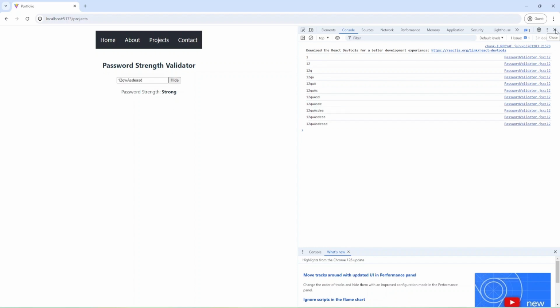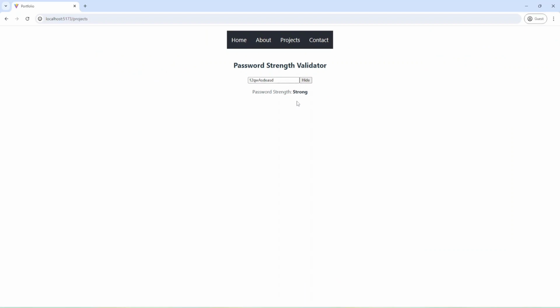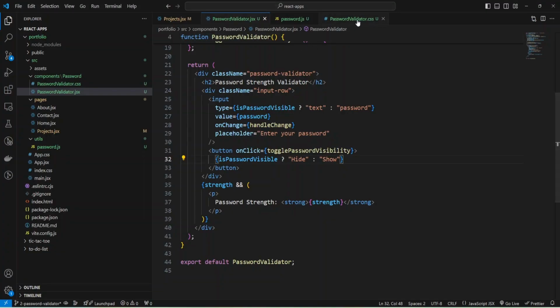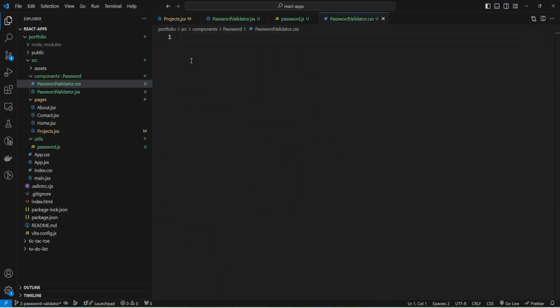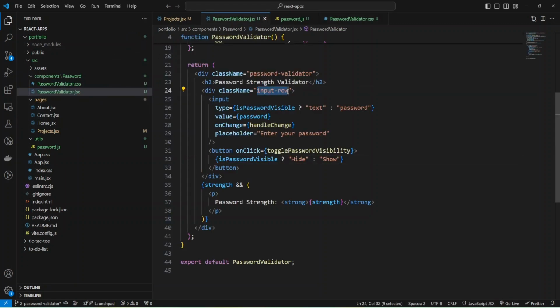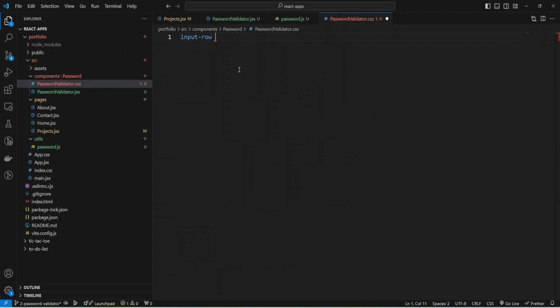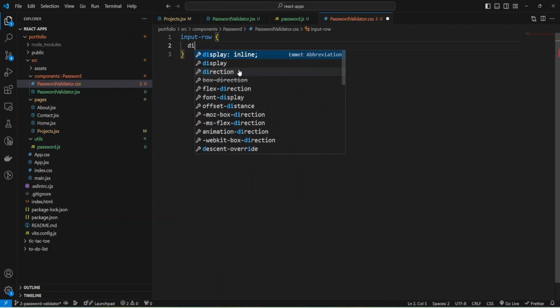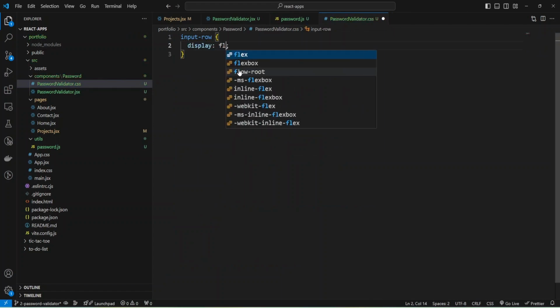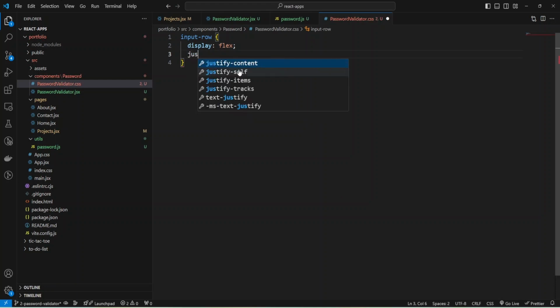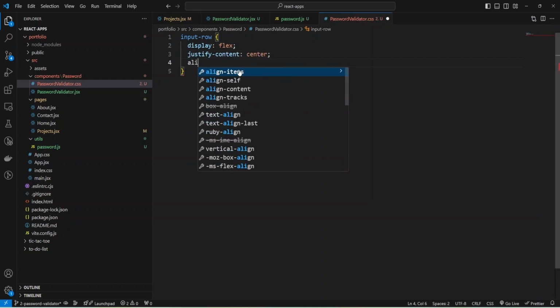Now I can close my developer tools, and let's add styles to our password validator CSS. And first of all, I need styles for my input rows. I'm going to make it display flex to justify content by center and align items by center.